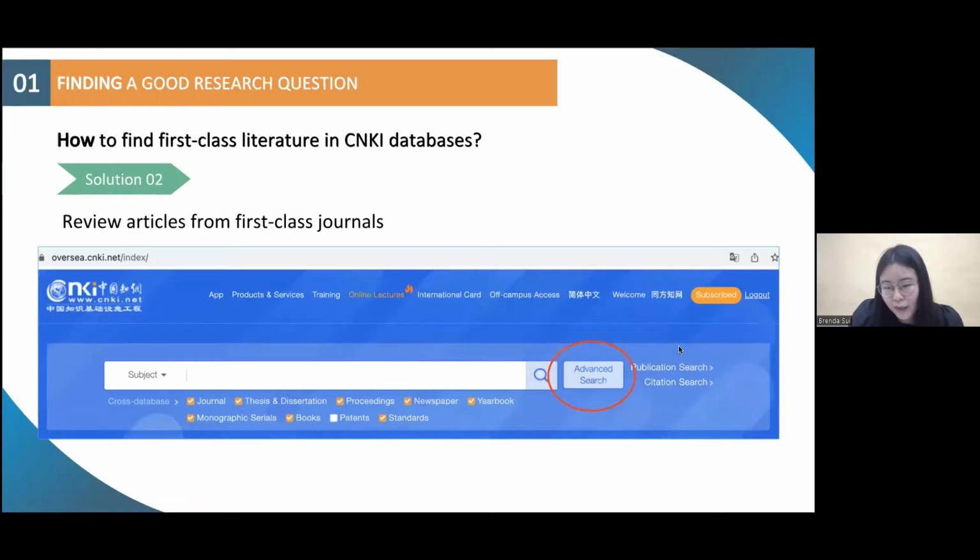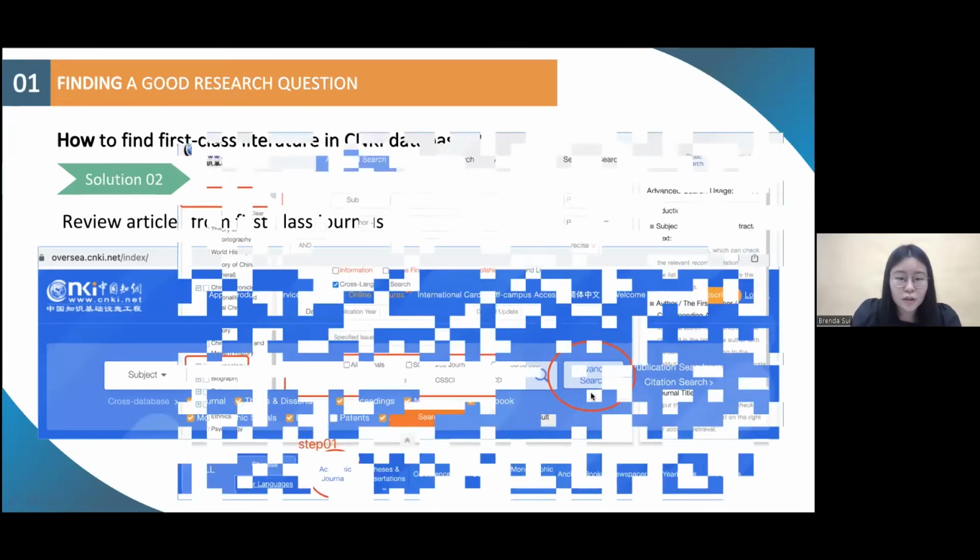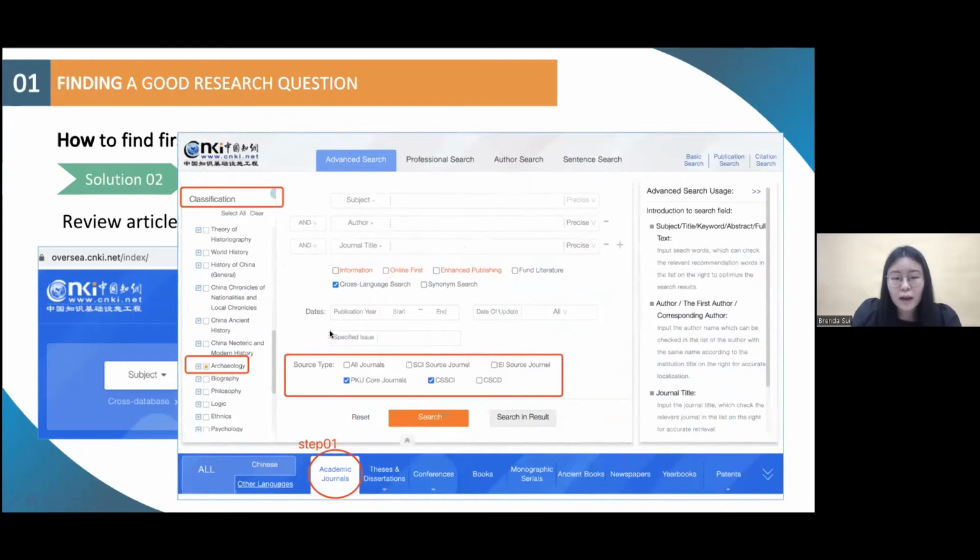Similarly, we come to this homepage, and here we can choose advanced search. On the new page, because I want to know something more about excellent papers in archaeology, in the classification column I can choose archaeology. And here, I have to make sure that all these articles are from academic journals, so I can choose to